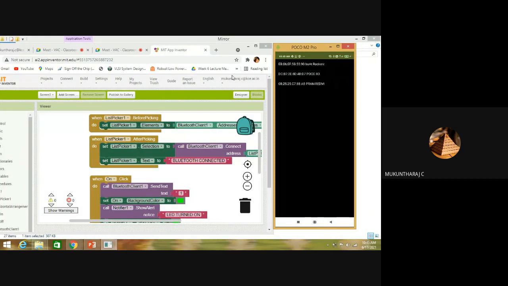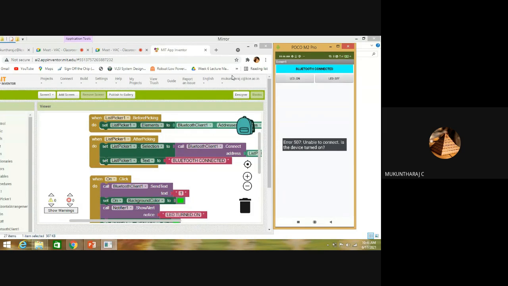Now these are all my device names, right? These things are paired with me. If I click anything, it is going to connect. Now it is not going to connect, because you can find the error here: unable to connect.